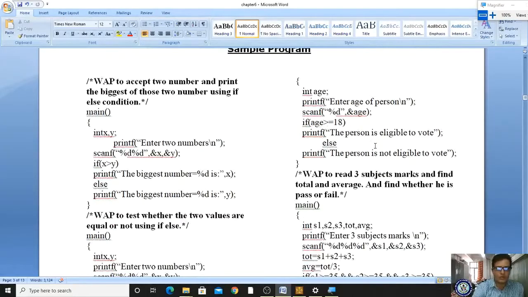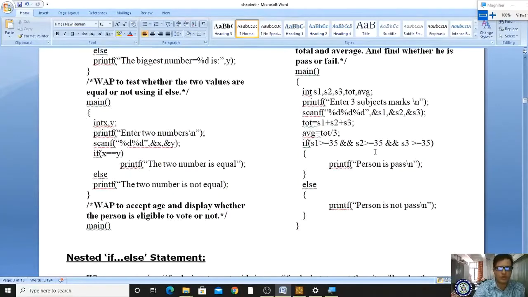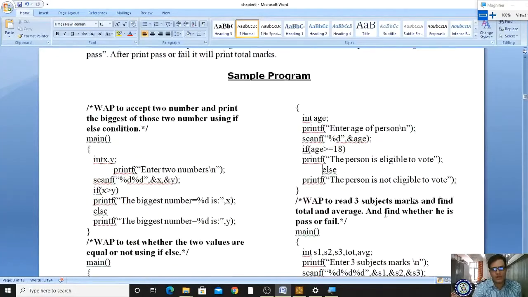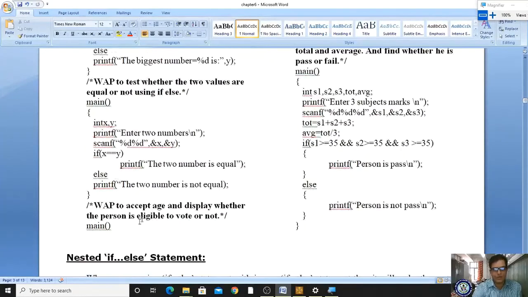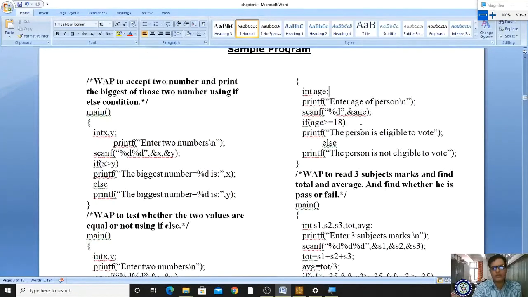Now we are moving to our next program. That program is to check eligibility for a vote. What is the condition? If you want to vote, what should your age be? Age should be greater than or equal to 18, right? Otherwise you are not eligible. For doing that, I am writing int age. So I am writing the program. In that I am reading the variable age as an integer variable. I am writing one output statement: Enter the age of a person. To read that value from the keyboard, I am using the scanf statement, right?